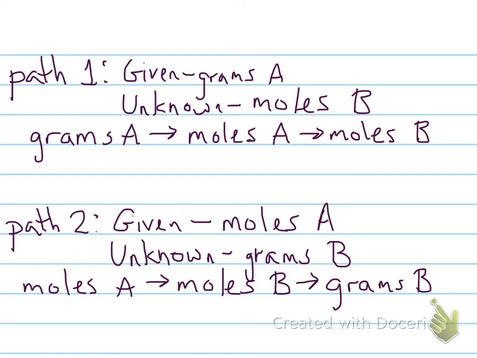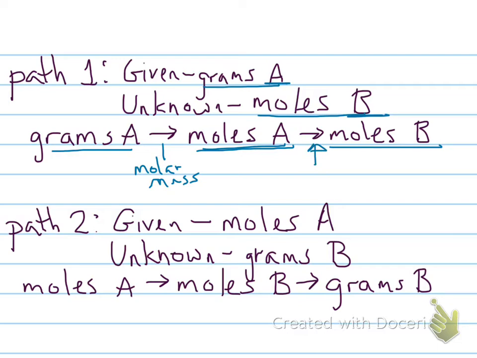There are two paths we can go on. If our given is grams of A, grams of our first substance, and our unknown is moles of B, so we're going from grams of our first substance into moles of our second substance, we will start with grams of our first substance, convert it into moles of our first substance. This will use molar mass, our standard gram to mole conversion. And then we'll go from moles of A into moles of B, and this is using our molar ratio. This is what we learned last class. This is the ratio determined by the